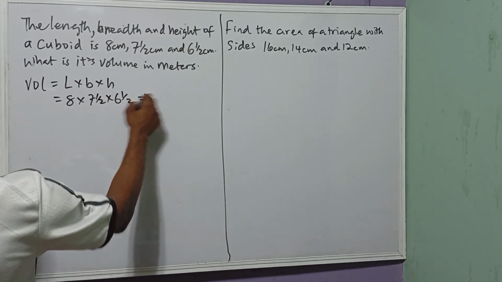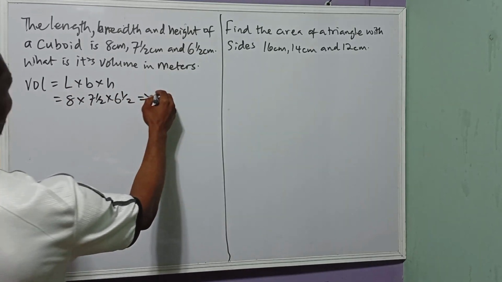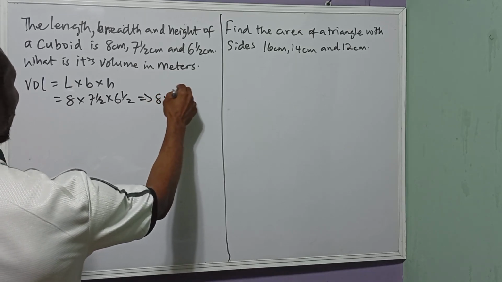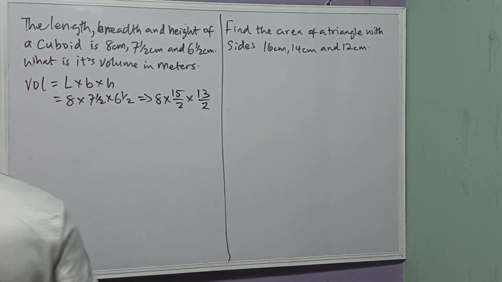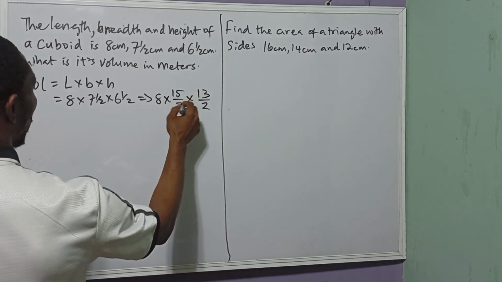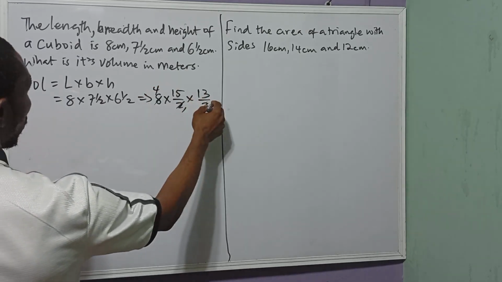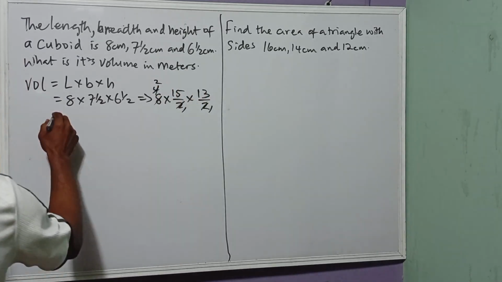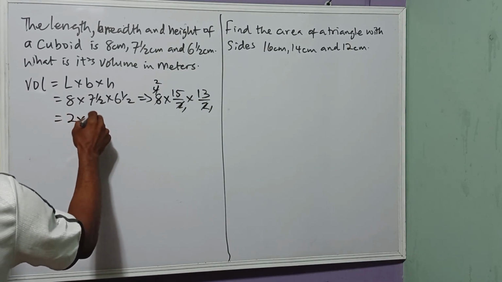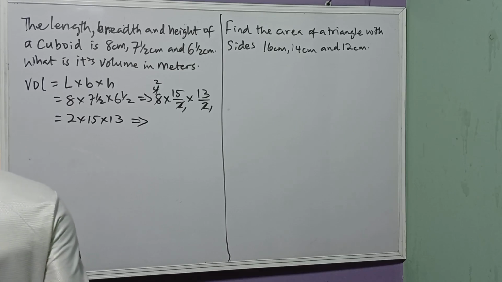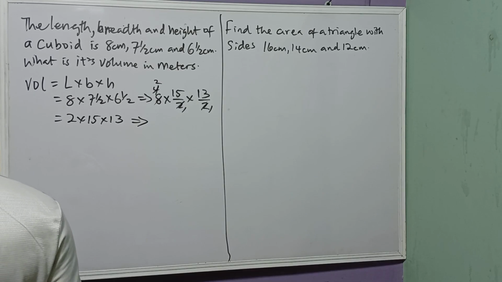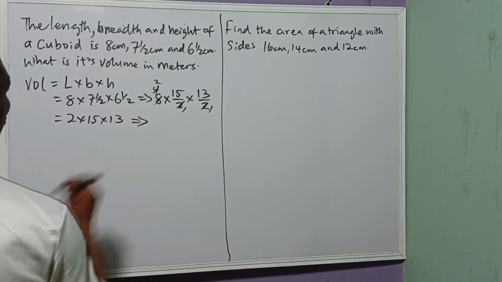Converting this to improper fractions, we have it as 8 times 15 over 2 times 13 over 2. We can cancel out the 2s, so we have 2 times 15 times 13, which gives us 30 times 13, which gives us 390